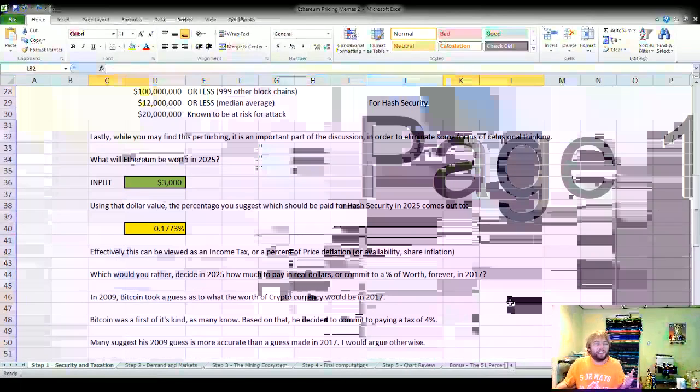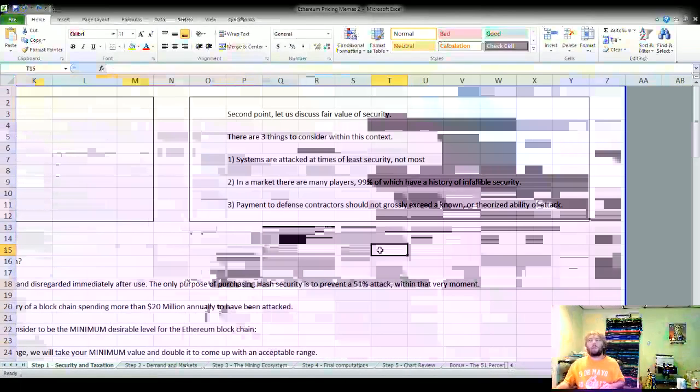Almost done. The primary reason for this is that transaction fees are negotiated in today's dollars in worth, while future market cap is in relation to the cost of computing. It's nearly impossible to surmise. Unfortunately, you must take a guess, and Bitcoin took a guess at 4% of whatever the market cap will be in 2017 and 2009. All right, so this is the bottom line of what we're talking about.